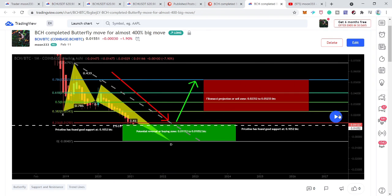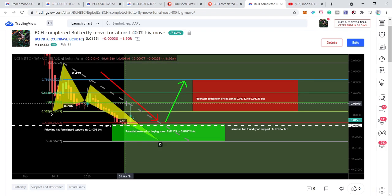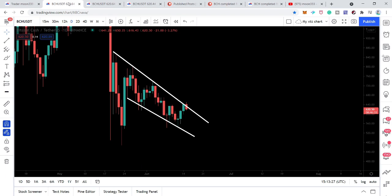And now I'm just going to play this chart. You can see that the price of Bitcoin Cash was at that time 0.011. Now, after playing this chart, we can see that the price line rallied to the upside up to 0.0287 BTC. So it moved against Bitcoin more than 150%, and against the US dollar that was more than a 300% move. Now I want to show you another bullish setup that Bitcoin Cash has again completed,